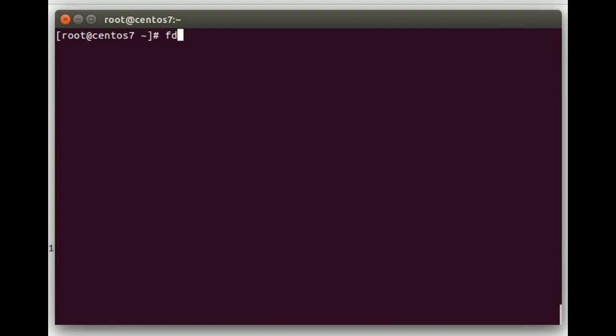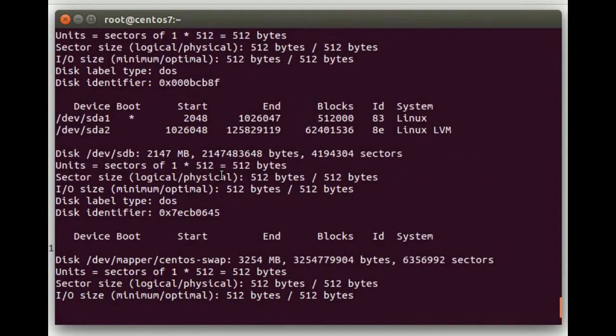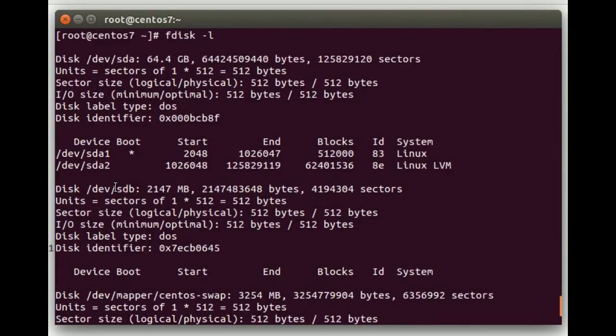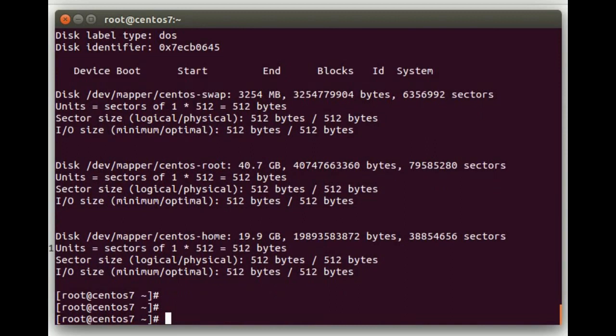Alright, so here we go. The first step we are going to do is an fdisk -l. This will show us all the disks on the system. The one that we're going to use is /dev/sdb, and we can see down here that it's empty, which is what we want. So we're going to do an fdisk